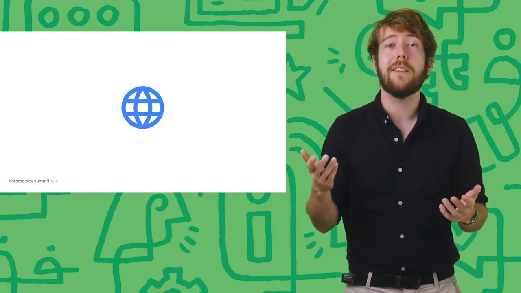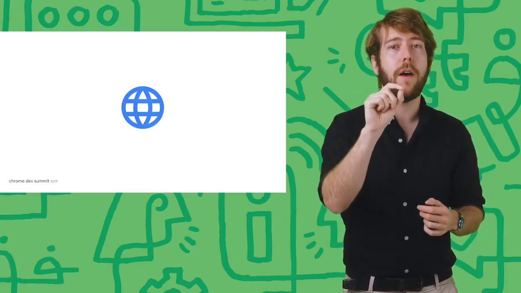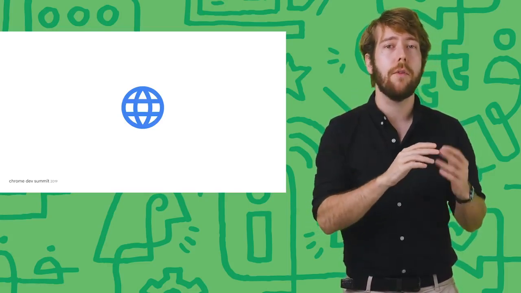And the web is instantaneous and almost frictionless. With just a tap, a user can jump into your content via a link they find anywhere, whether that's on the web or inside of an app. But like the hero of any great story, these strengths are also the web's greatest weaknesses.